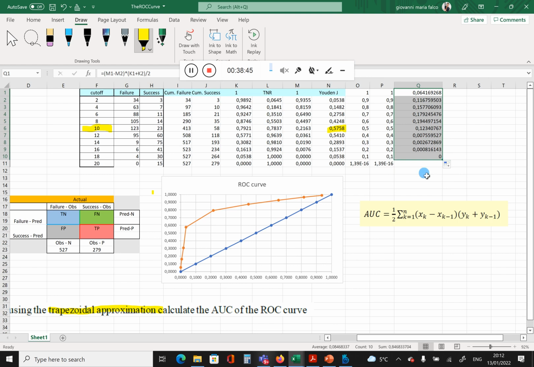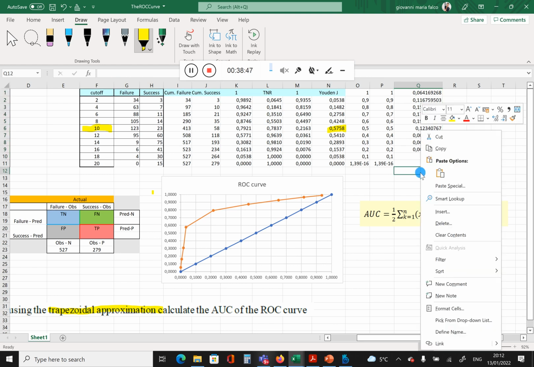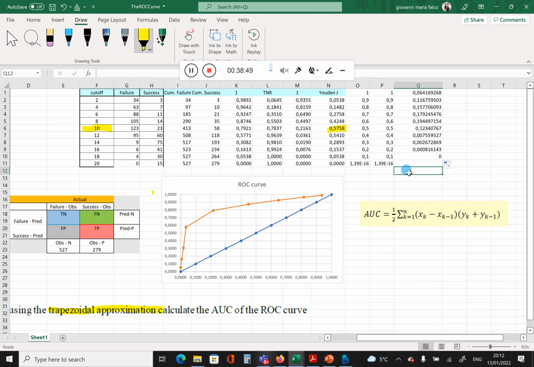Okay, and then if I sum up this column, alt sum, alt equal, enter. Then I get this value,